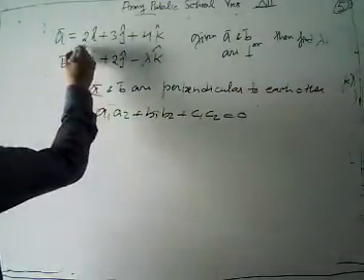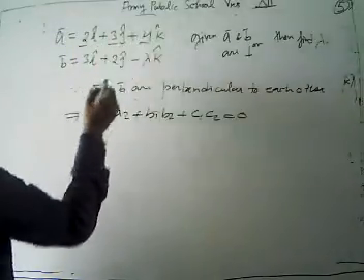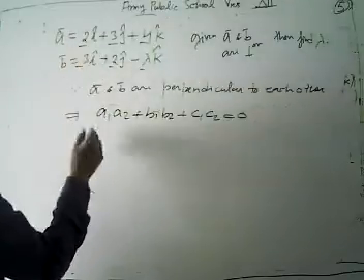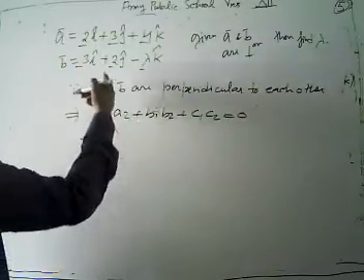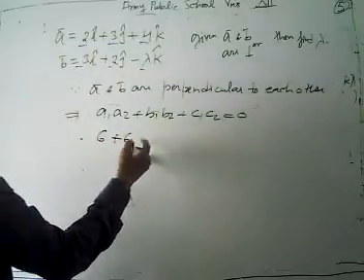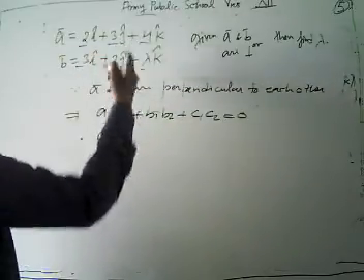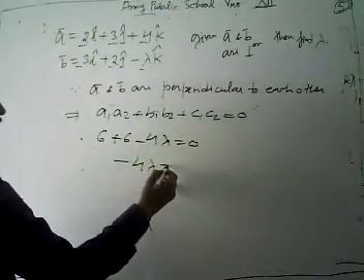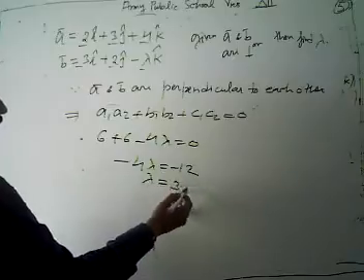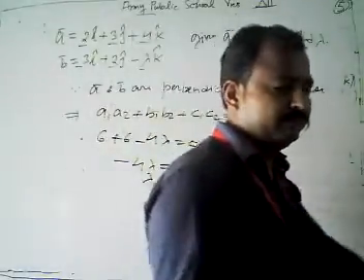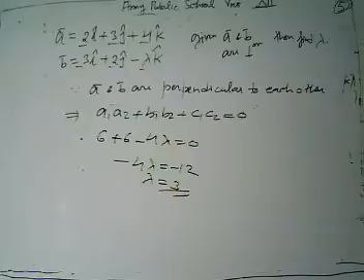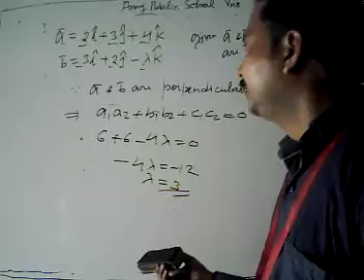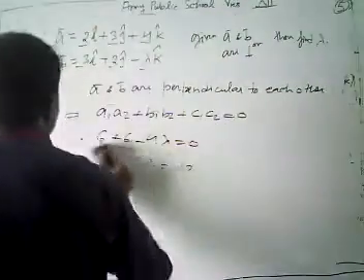Then this is our a1, a2, a3, this is our b1, b2, b3. a1 into a2, 3 into 2, 6, plus b1 into b2, plus c1 into c2, means minus 4 into lambda, minus 4 lambda, is equal to 0. Minus 4 lambda is equal to 6 plus 6, 12. Then we again get the value of lambda is 3. You can solve it any way: take vector A dot B equal to 0, or you can also take a1 a2 plus b1 b2 plus c1 c2 equal to 0 to get the value of lambda.